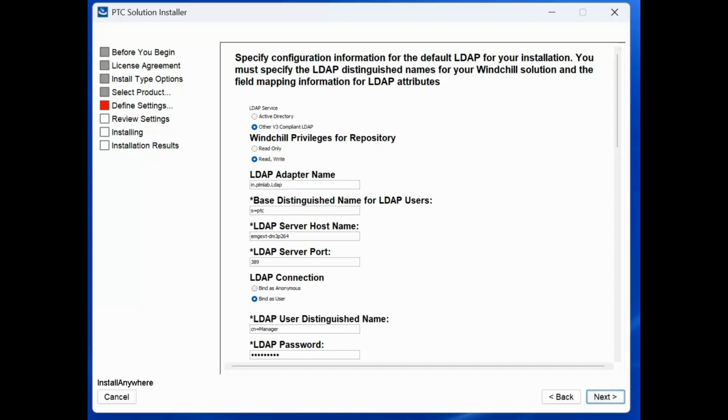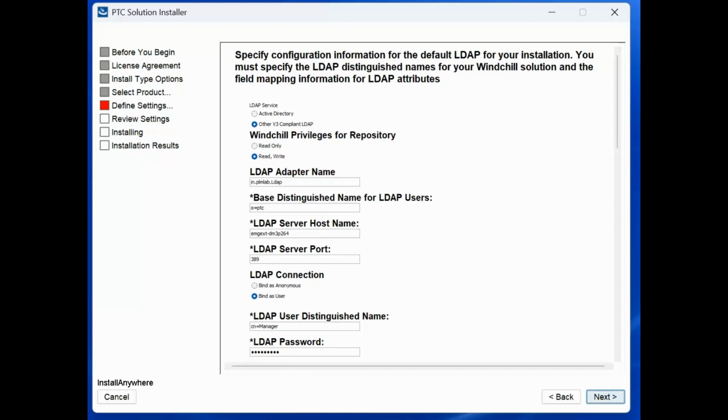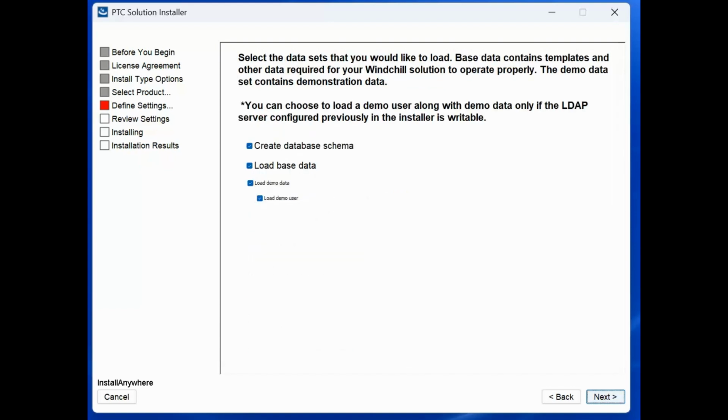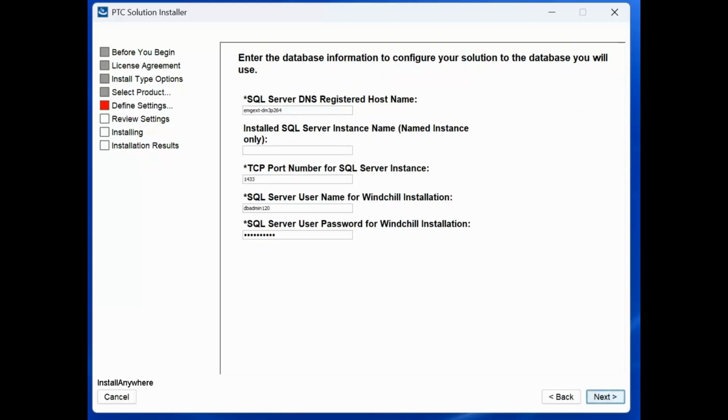I will see how this works. And then here LDAP manager and CN security manager, and the password is ldapadmin. And then click on next, where all these things are default, where I have selected create database schema and load base data. Then after, the SQL Server DNS hostname is the default